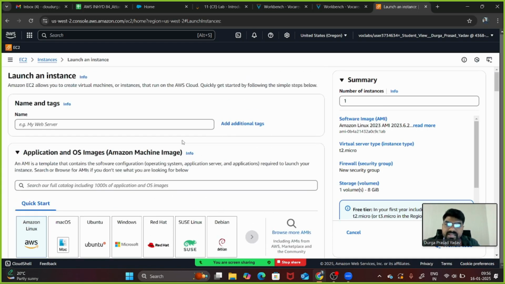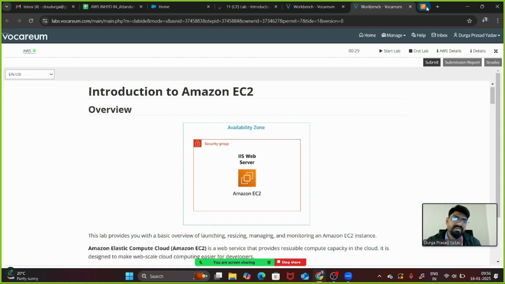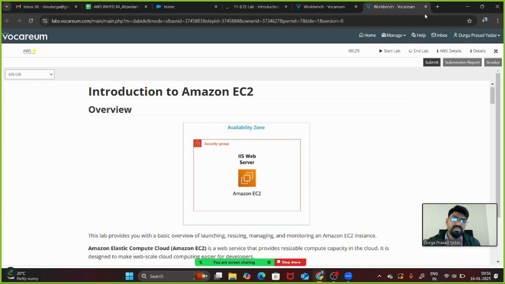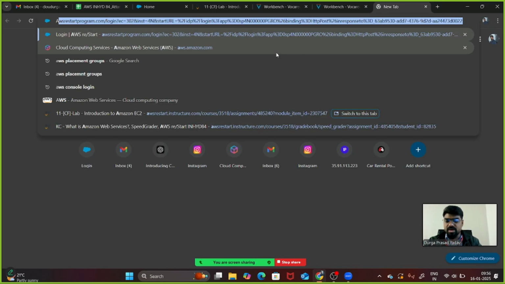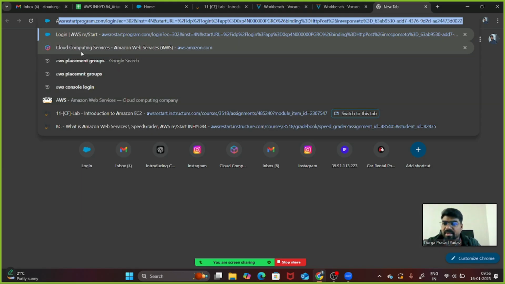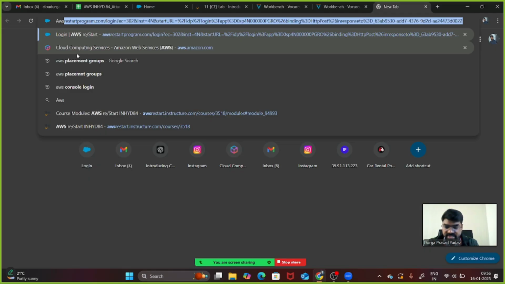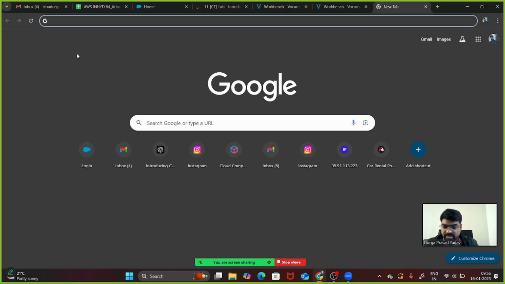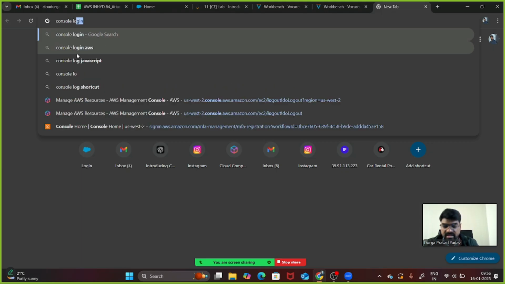All right, so if we are not able to see these options here, guys, what we can do is try it in this lab and show you in my account so that you all can understand. Basically we don't have permission here, guys, that's why it is showing an error.